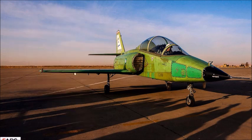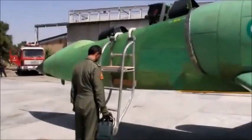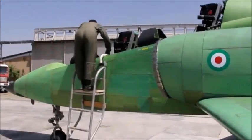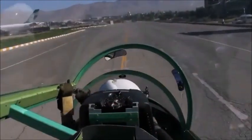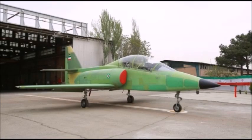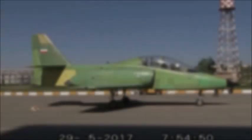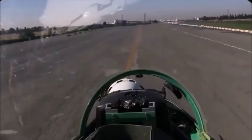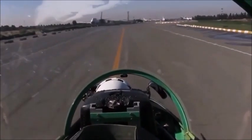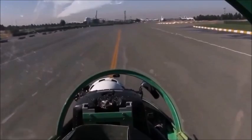This jet trainer has a maximum weight that is basically the same as the Tezaar at about 2,500 kilograms. The maximum speed of this aircraft is 1,500 kilometers per hour, or 930 miles per hour, and it has a maximum range of 1,200 kilometers, or 745 miles. The maximum flight ceiling is 11,000 meters, or 36,000 feet, and so far as of 2021, only about 5 or